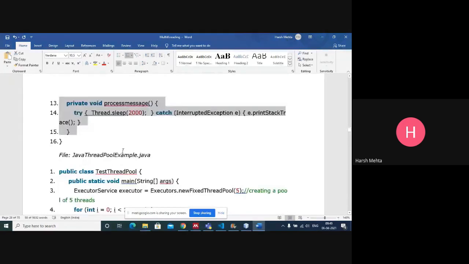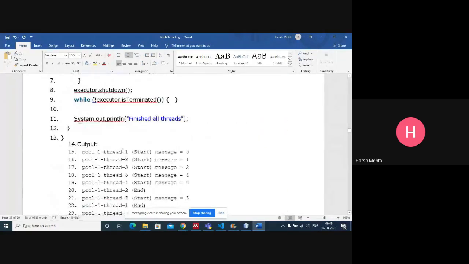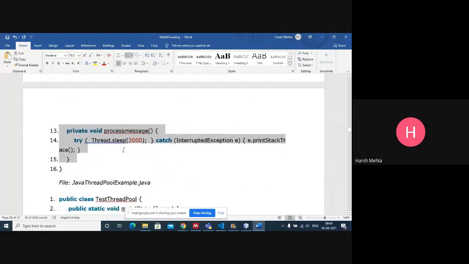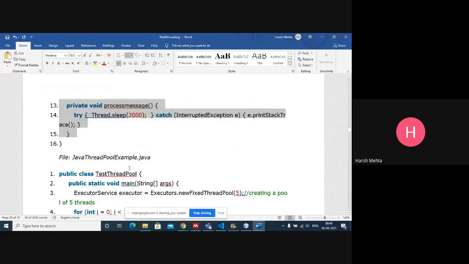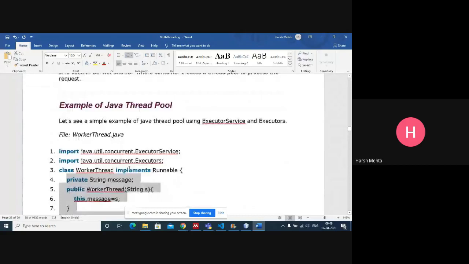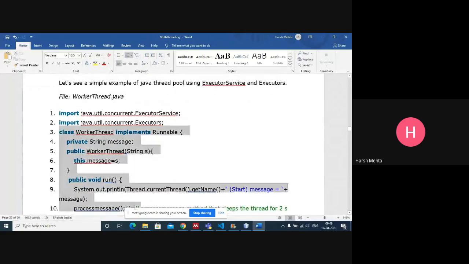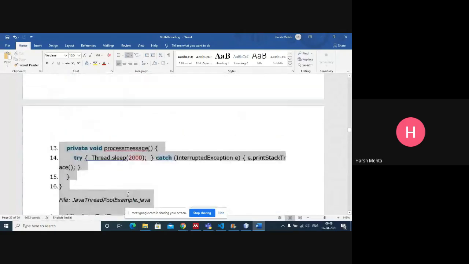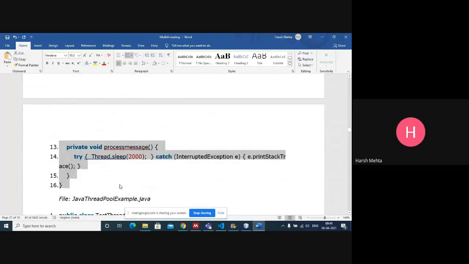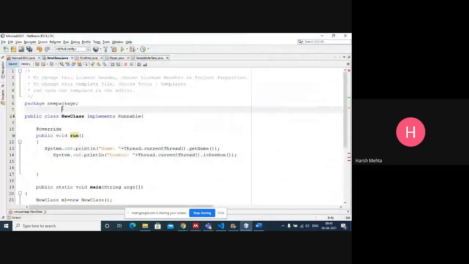I think what I'll do is I'll directly copy this entire code, because we require two classes, not actually one class.